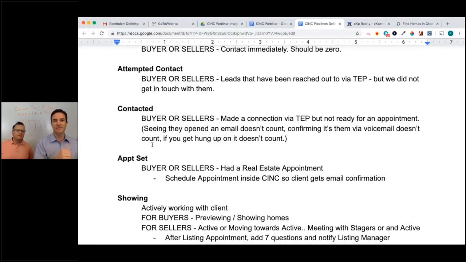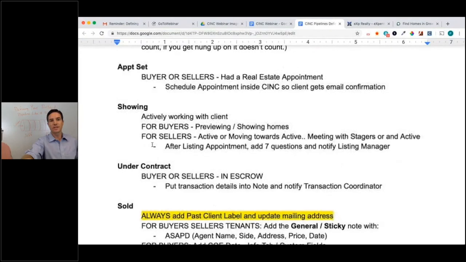Still pipeline stages. So attempted contacted is when you haven't gotten confirmation from them, they didn't pick up the phone, you haven't heard back from them. Contacted is once you've actually had a communication, whether it's text, email, or phone. Appointment set is that you have a real estate appointment scheduled. Next is showings, and those are the people that you're actively working with. And then under contract means that escrow has been opened, and when they close, make sure you get the data on that closing inside of CINC at that time, because what happens is, 30, 60 days later,